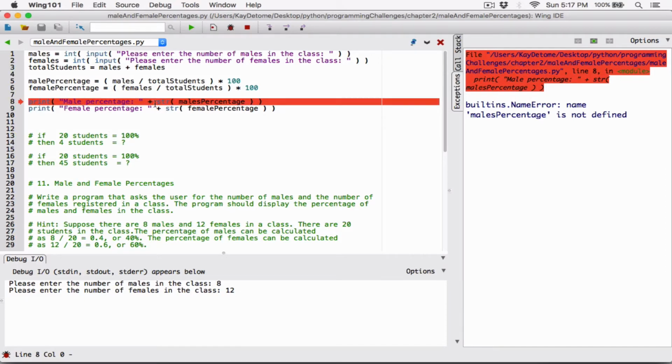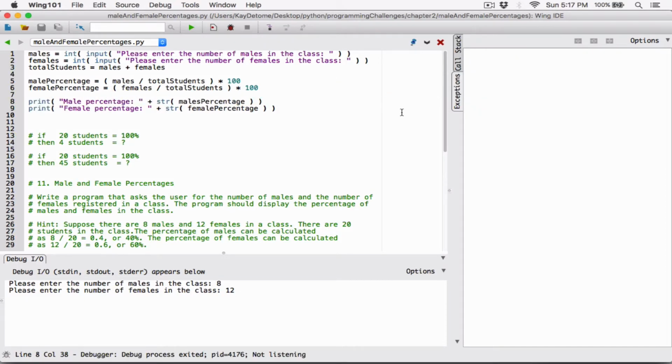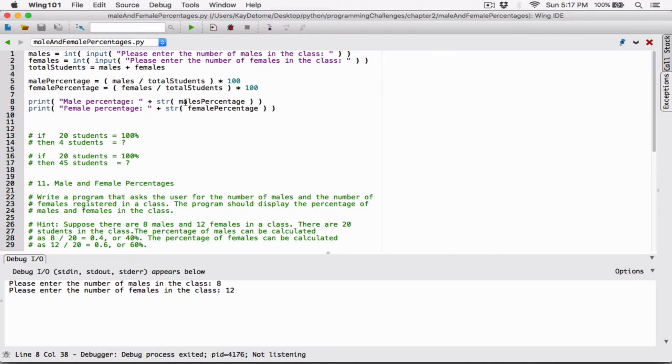Okay, so I'm using males percentage. Let me stop this and take this back. I'm using males percentage here, and I'm using female. But when I declared it, I said male percentage. So I'm going to delete this s so that it matches with this variable, because it doesn't know what males percentage is. So I'm going to stop this